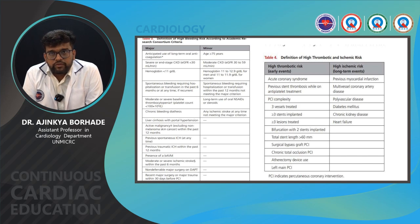This includes previous myocardial infarction, multivessel coronary disease, polyvascular disease, a patient with diabetes mellitus, chronic kidney disease, and heart failure. So it is important to know which are the patients with high thrombotic risk, which are the patients with high ischemic risk, and which are the patients with high bleeding risk in order to manage such patients with